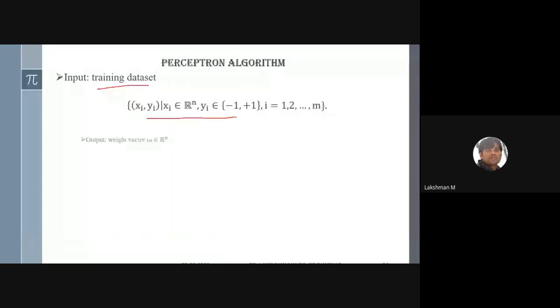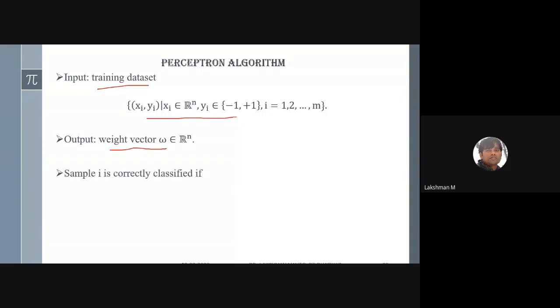Generally, in this course or anywhere, just to avoid confusion, take notation m for the number of samples and n for the dimension. Some books follow such criteria. And what would be the outcome here? The outcome would be the optimal weight vector, or another name for the weight vector, you can call it the dual vector as well.